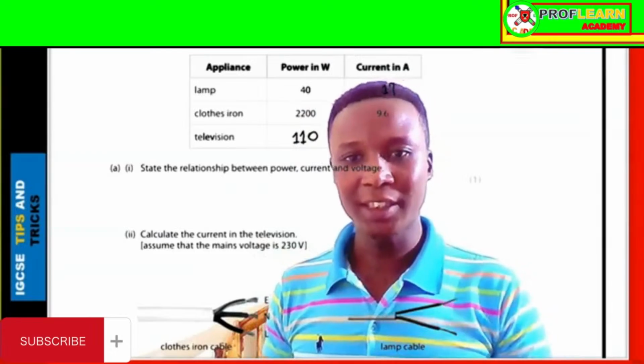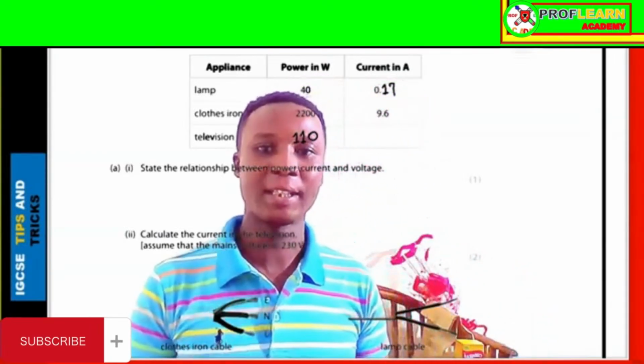mains electricity. So stick and watch to the end so that you can be able to understand how you're supposed